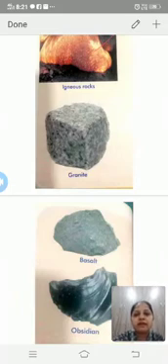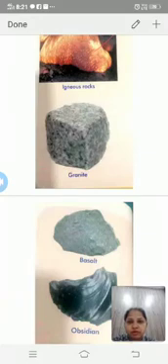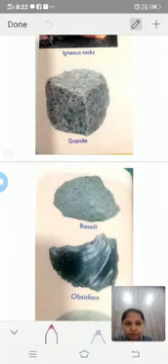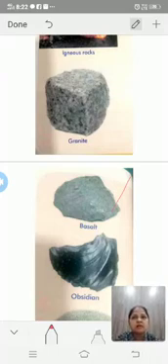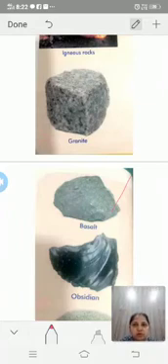Now, after granite, we will discuss the second type of igneous rock, basalt. Basalt is a greenish grey and black colored, fine grained igneous rock. It is the Earth's most abundant rock. It is most commonly crushed for use as an aggregate in construction projects. So, basalt is mostly used for construction projects.